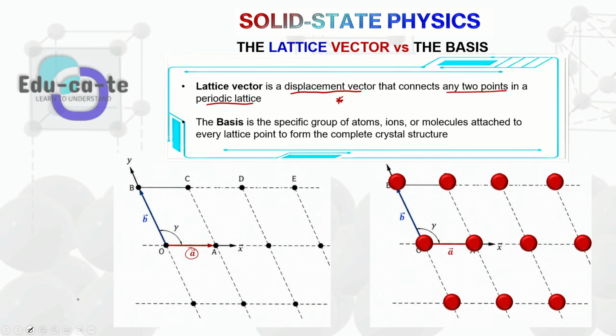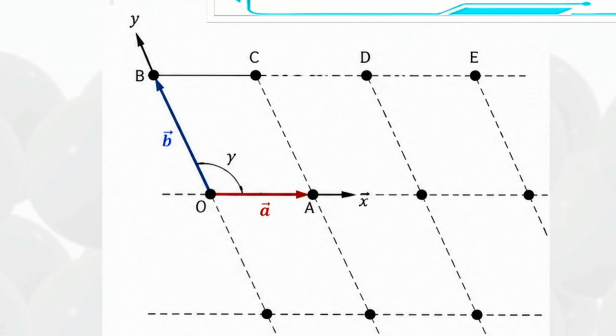So basically, a lattice is just a geometric shape, ladies and gentlemen. It's just a shape. That is why you didn't hear me talking about atoms for this diagram, because these are just lattice points. Points on a lattice are just points that have a certain pattern in which they keep on repeating and repeating. That is a lattice. So point O and point A and point C, point B, point D, point E, all of those are lattice points. They are not atoms, they are lattice points.